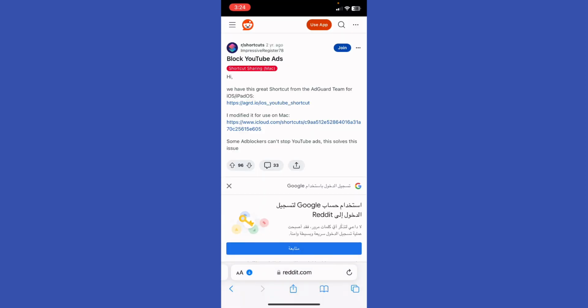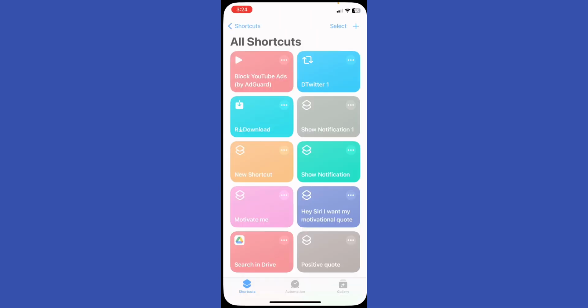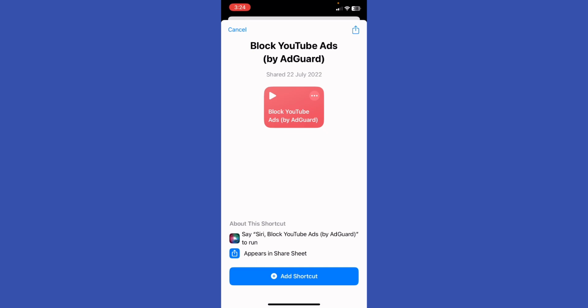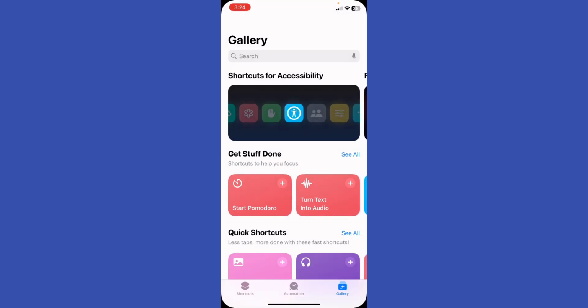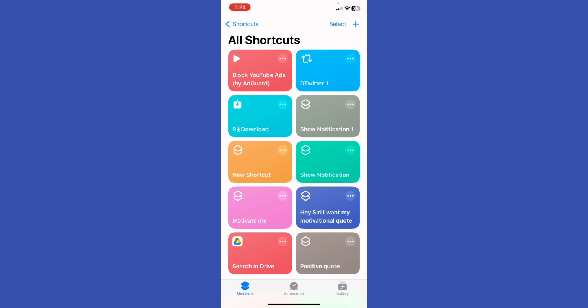and I'm going to just go ahead right here and click the first link that appears to you to download this shortcut, and it will direct you to another link. Okay, and now what you're gonna do, simply just go ahead and add the shortcut and just cancel, and you will see right here, if we click on the shortcut, you're gonna just click on it and it will run